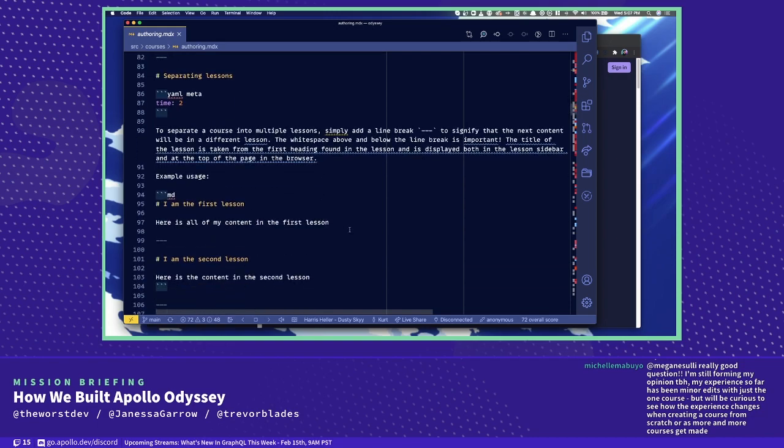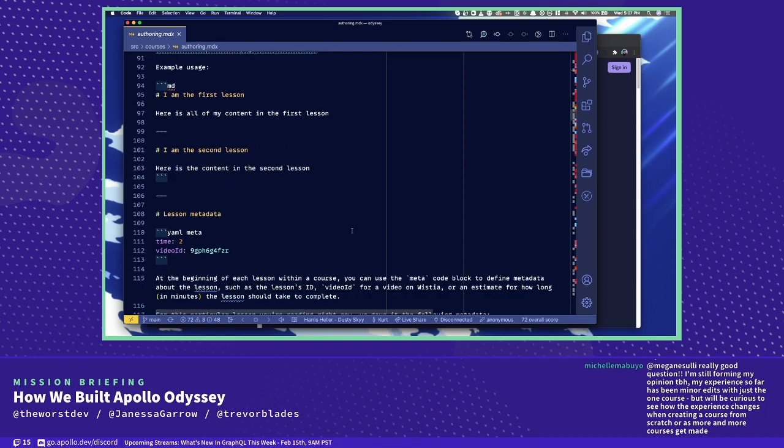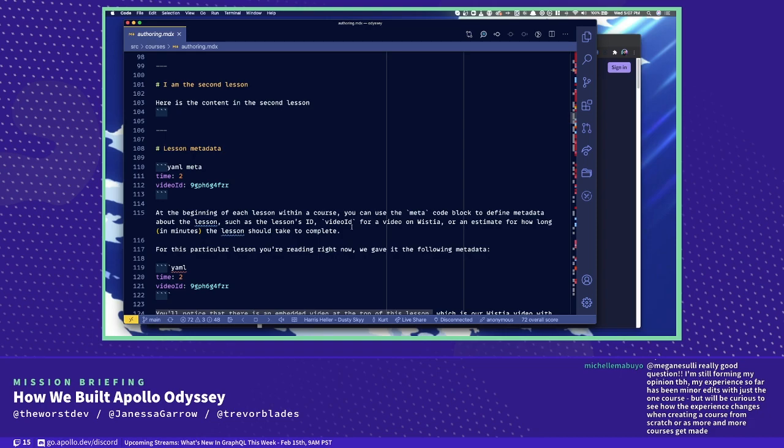Cool. So I think we're starting to understand the experience here. I have a question. Is this MDX version 2? Is this like the second version of MDX, or is this MDX 1? I don't know. It's whatever the latest stable version is. I believe that's 2 at this point. Oh snap!